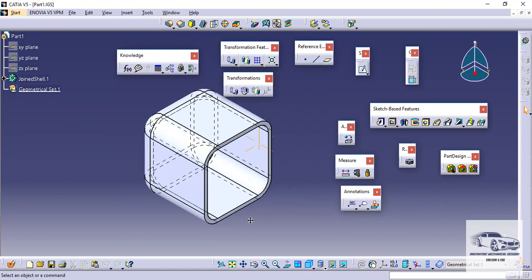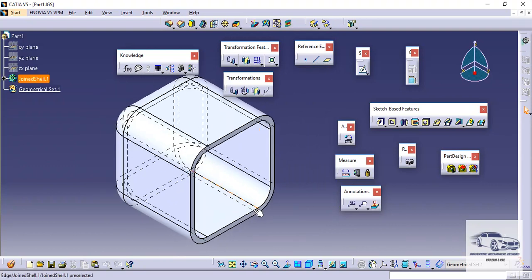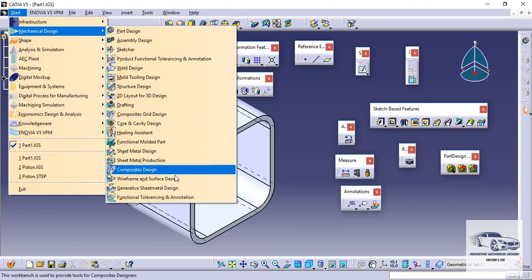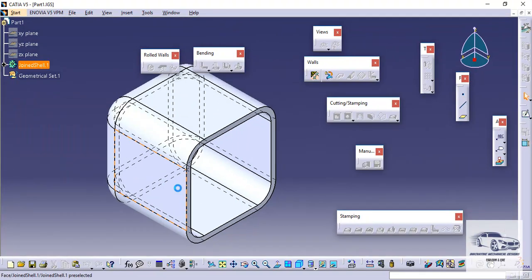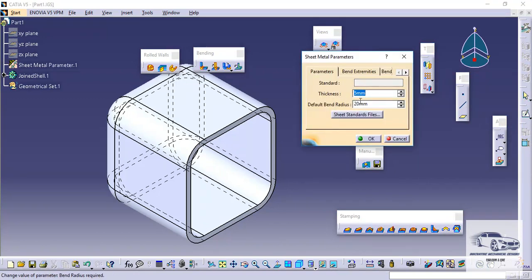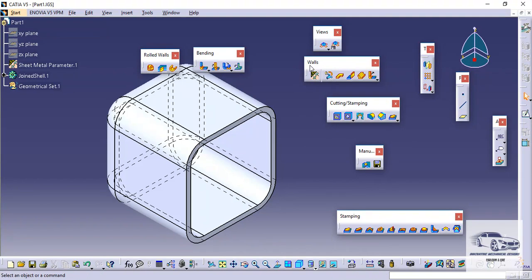In order to convert it into a sheet metal part, we have to go to the Generative Sheet Metal Design Workbench, and here, before conversion, make sure that while inputting the sheet metal parameters you input the actual thickness of the part. Here I know the actual thickness is 5 mm and the bend radius or fillet radius is 20 mm. I will say OK, and then in the walls toolbar we can go to